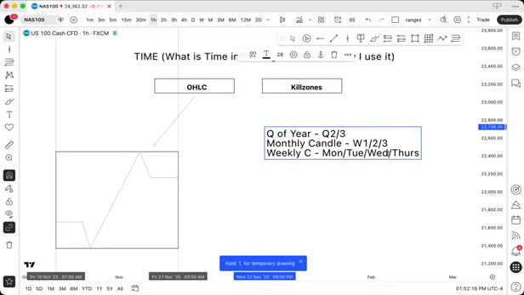Highest probability for this, use this: Monday, Tuesday, and Thursday. Wednesday, fading. Of course, Wednesday can be classic expansion, so you can add it, but these are the main days that I look to trade. Okay, for a daily candle,